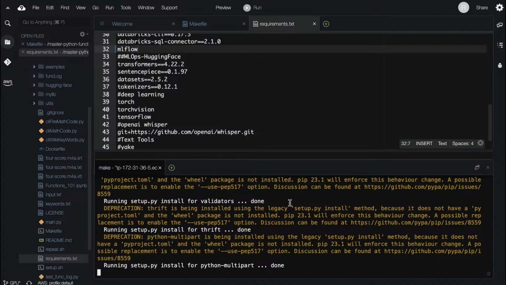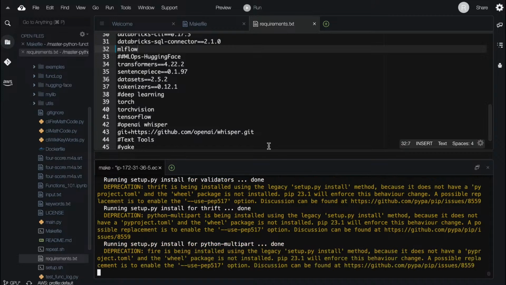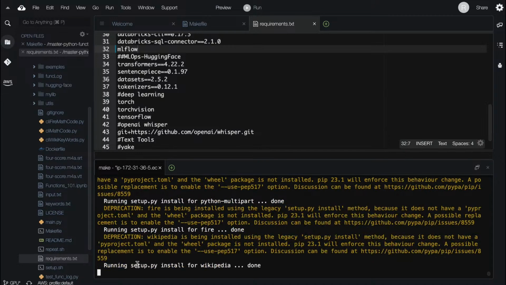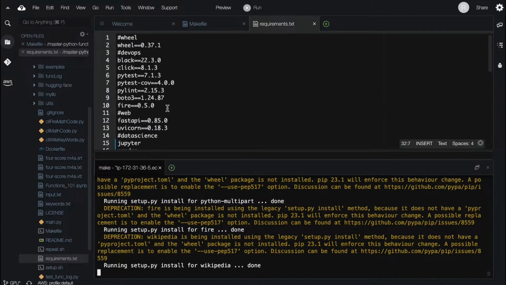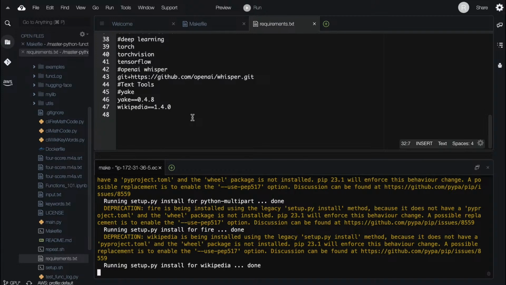And here we go. I think it's getting to the end, right? Because I think Wikipedia is maybe the last installation. So we installed 47-ish, in the late 40s packages, which it's unlikely that most Python projects would even have this much. And these are very exotic tools, some of them, and still we don't have problems. I think that's the amazing thing about just the regular Python standard library and why it is a great tool.